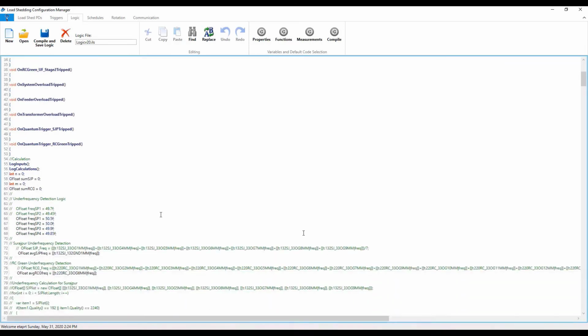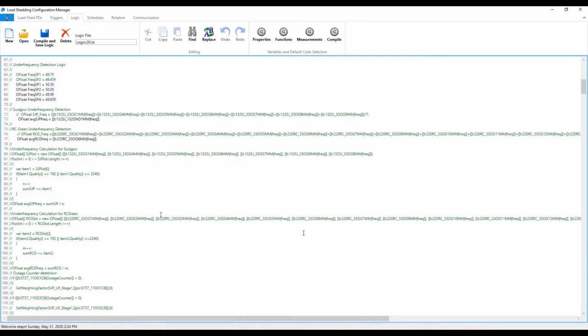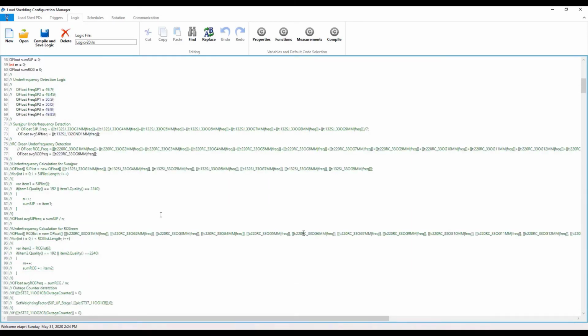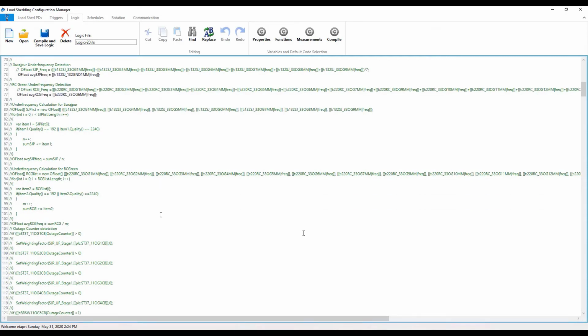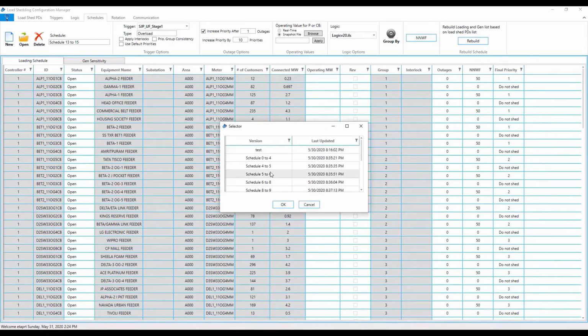This tool makes it easier for engineers with little to no programming experience to further customize the required load shed for each response, making eTAP iDLS a powerful controller to meet customized control philosophies. Users can create multiple logic schemes that can be designed to meet a specific contingency event. The schedule configuration tool additionally allows the user to match specific logic schemes to a contingency event or trigger that